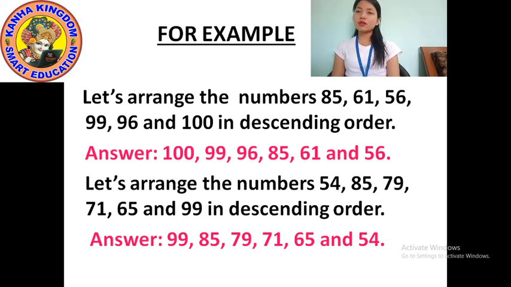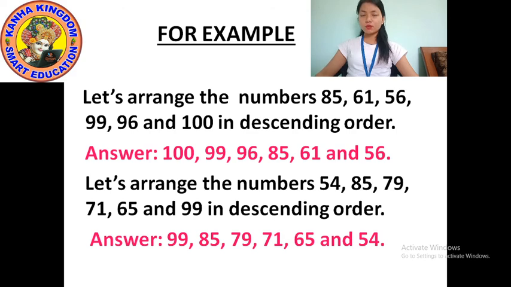After 71 how many numbers are remaining? The remaining numbers are 65 and 54. So while comparing 65 with 54, 65 is the greater number, right? So 65 is the fifth biggest number from all of them, and 54 is the smallest number from all of them. So in the numbers 54, 85, 79, 71, 65 and 99,